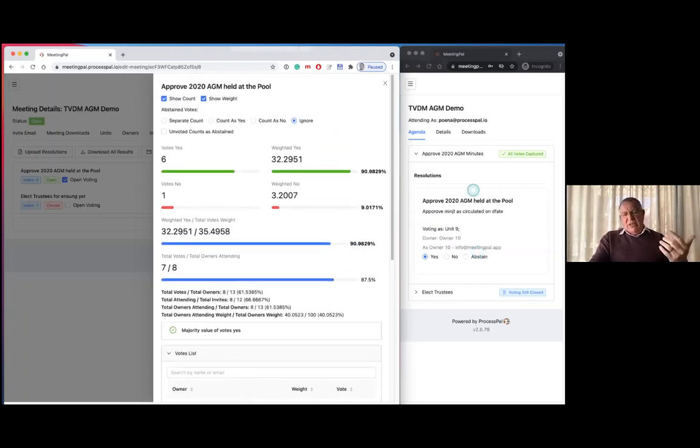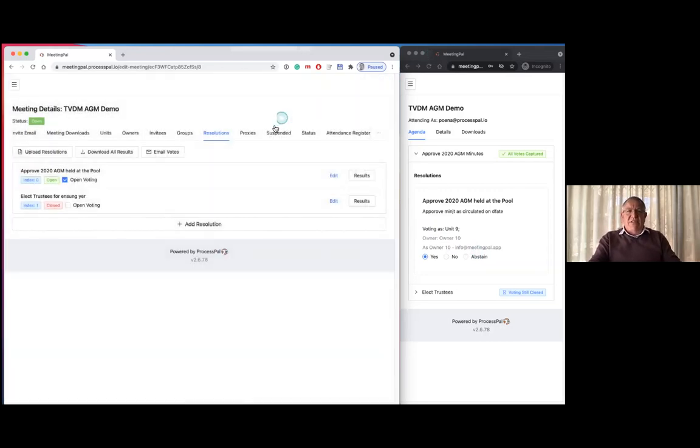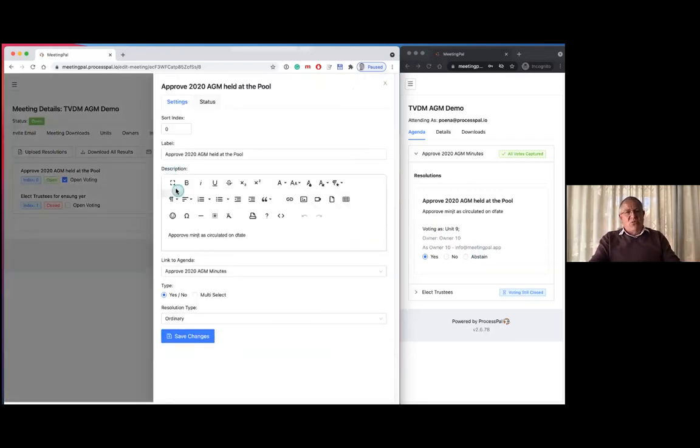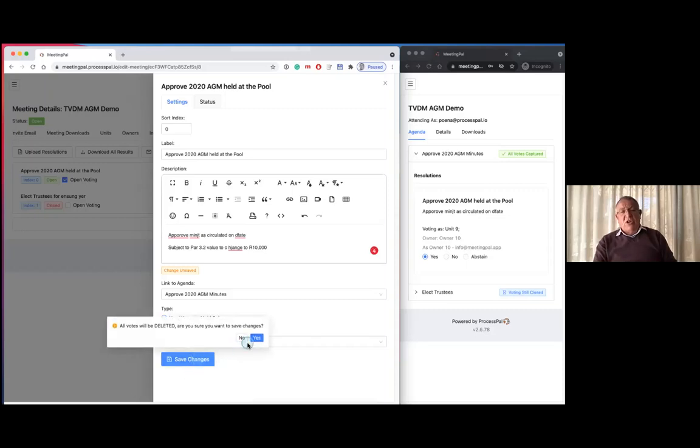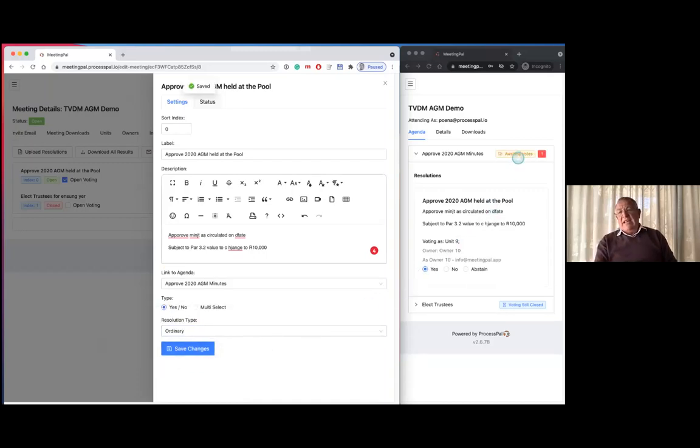What I can also point out at this point in time is, say, for instance, somebody says, hold on, we need to change the wording. So we want to say that subject to paragraph 3.2, value to change to Rand 10,000. Say, for instance, we made a typo, and they say we will approve it subject to these changes. Then if I now go and save these changes, effectively it becomes a new vote. It will now delete all the votes that have been cast, so I can say yes, and now it's still again awaiting votes. And if I then go again into my results,